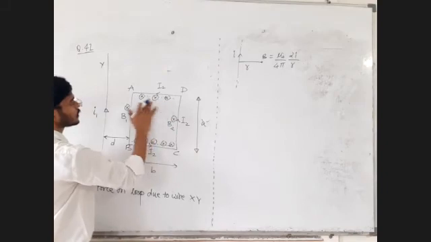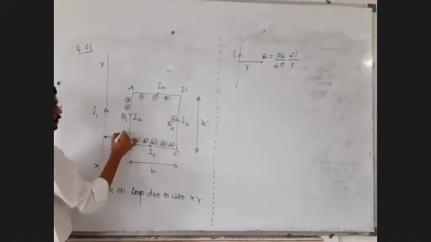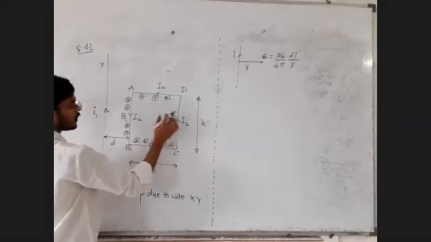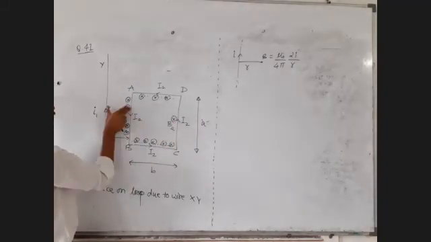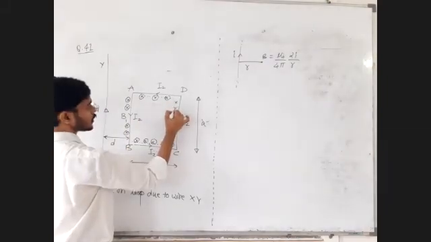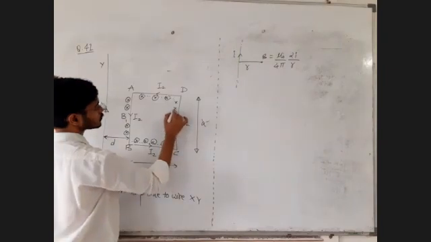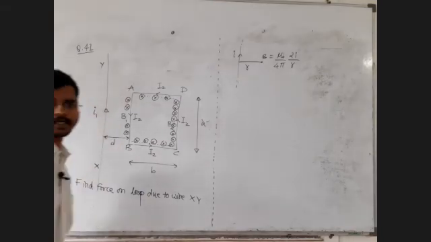So no need to write this. At all these points the field is going to be B1, सगळ्या points ना wire वरच्या सगळ्या points ना field is B1, distance तर same आहे ना, so field B1, and here also distance is D plus B, so for all these points the field is B2. Now let us try to find out the directions of the forces on AB. AB वरती force कसा येईल.